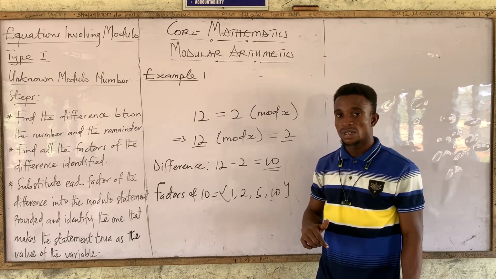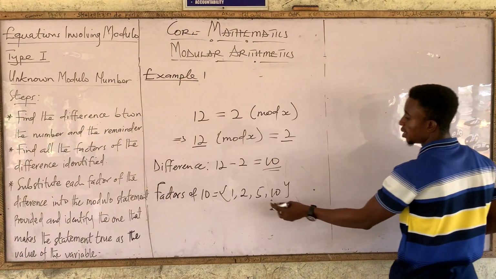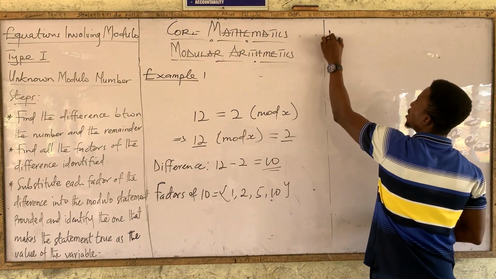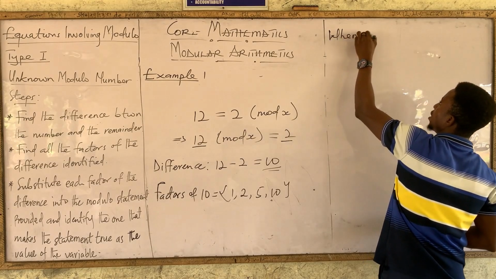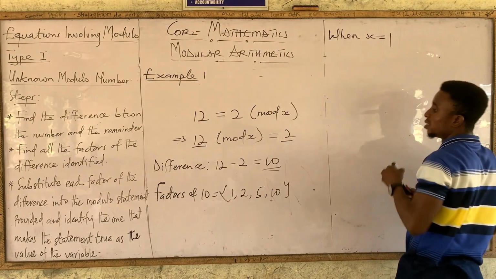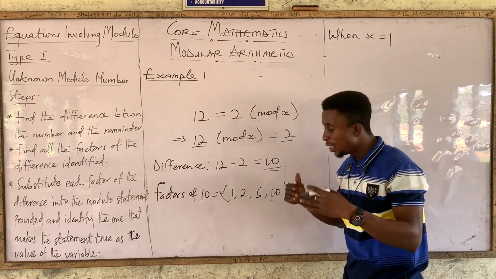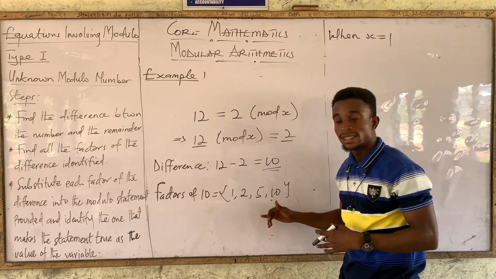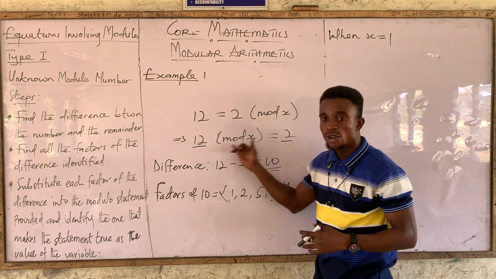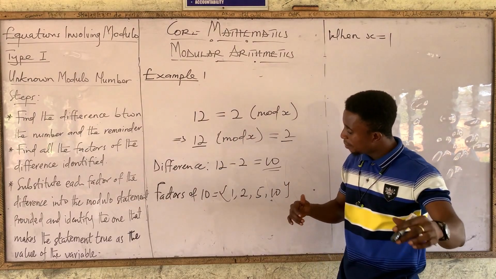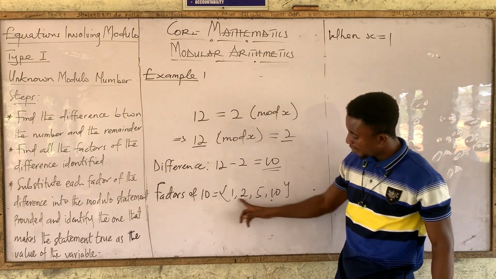So let's get started. I'll first of all take 1. So what am I going to say? I'll say when x is equal to 1. Since we are substituting each of the values of the factors inside the modulo statement, we can simply say that these particular factors are said to be